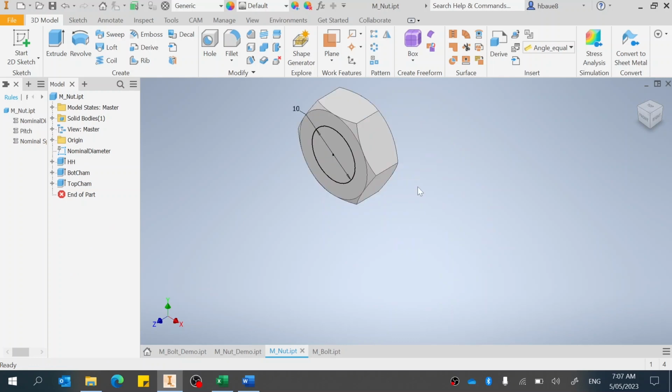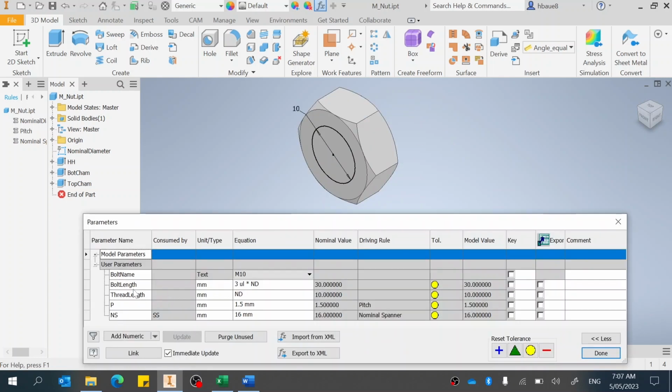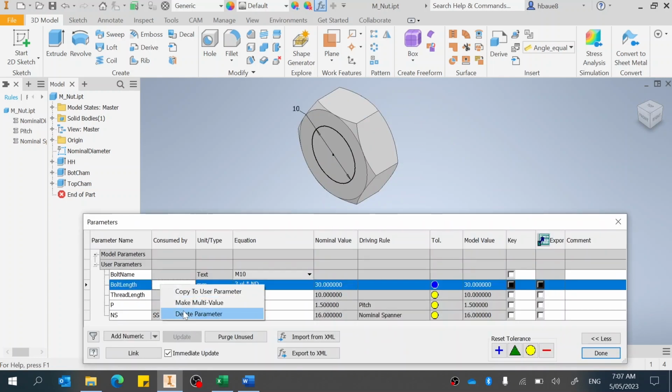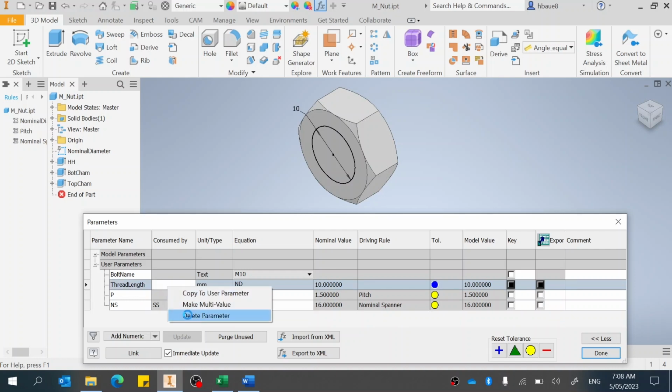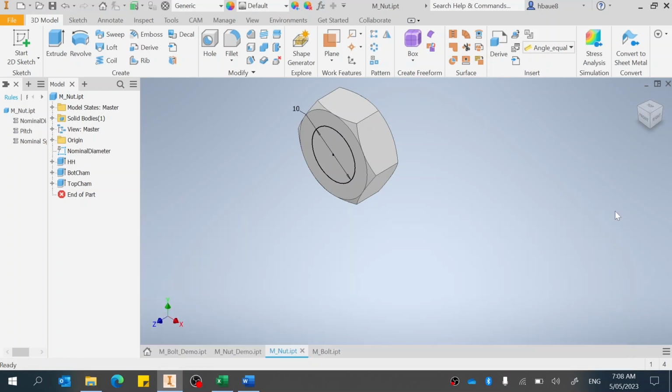Into the nut. For the nut, we don't need the bolt length parameter. We don't need the thread length parameter. And that's all we need. We do need a clearance hole. So let's start a sketch on the XY